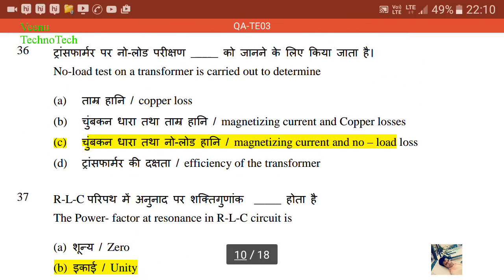Friends, A is wrong because in no load condition there is no copper loss. B is also incorrect because in no load condition there is no copper loss. And D, efficiency of transformer, in no load condition there is no copper loss. So A, B and D, these three are wrong. So only correct answer is